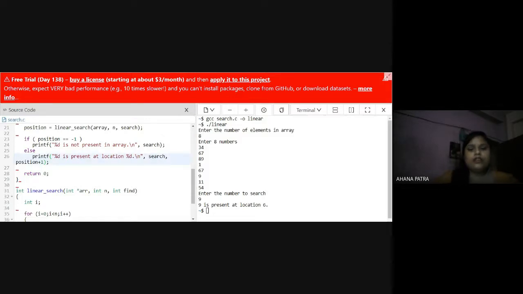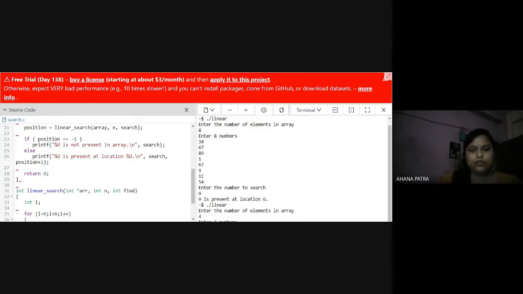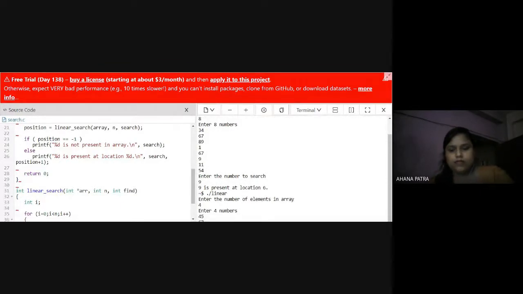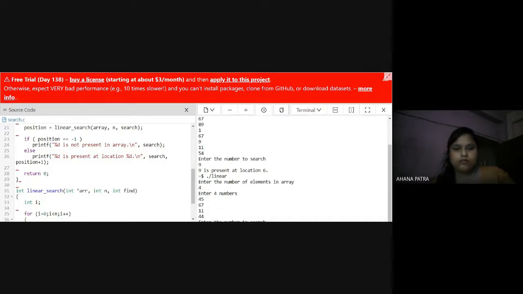Okay, if we run again and give a small value 4 and give the data. Now you can search for the value 55.